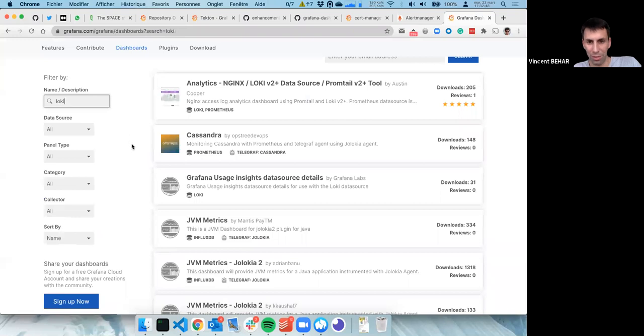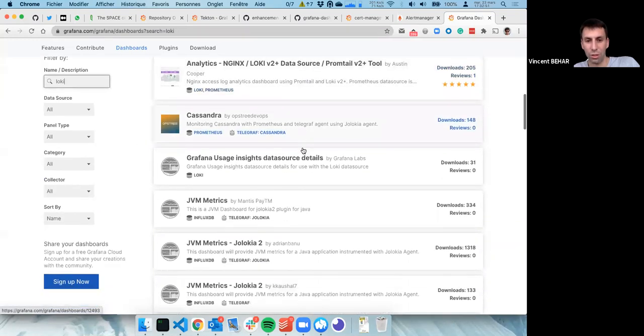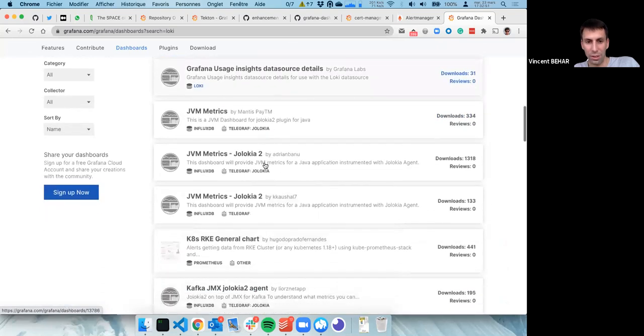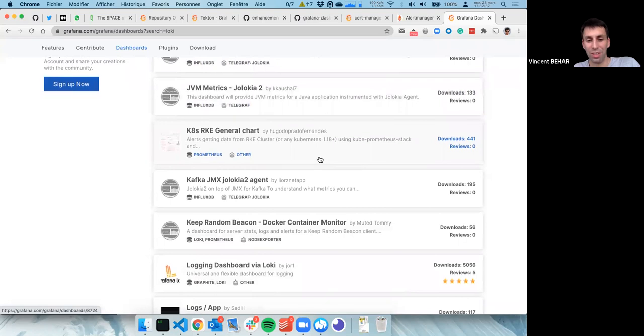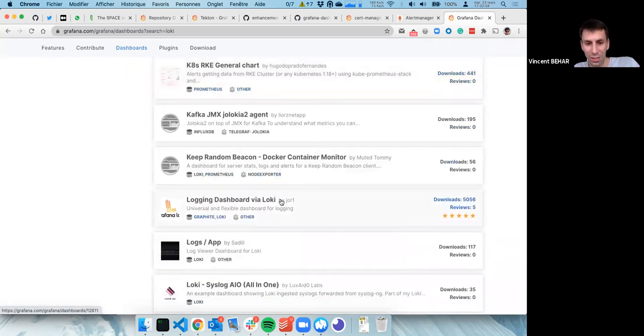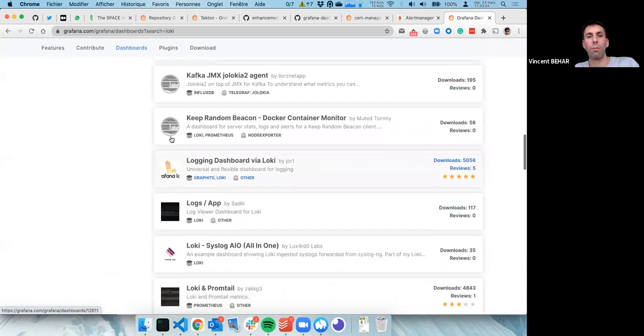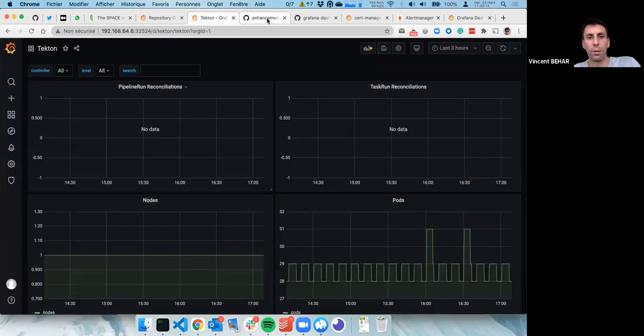Let's say Loki. Okay, and you get Jenkins X, Loki, Cassandra, Grafana. I think there are too many dashboards, so it's not easy to find the good one. But for example, there is one I used. It's a Loki one, I forgot which one. I tried a few,